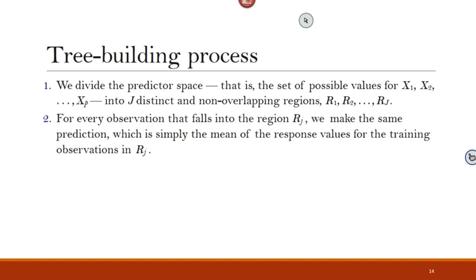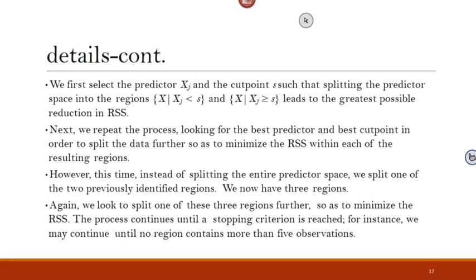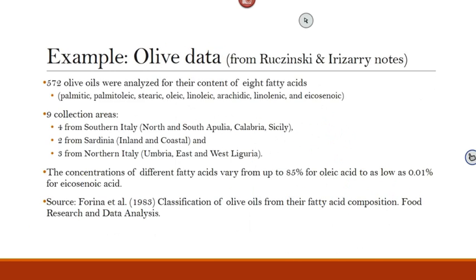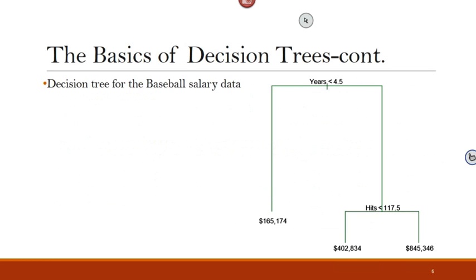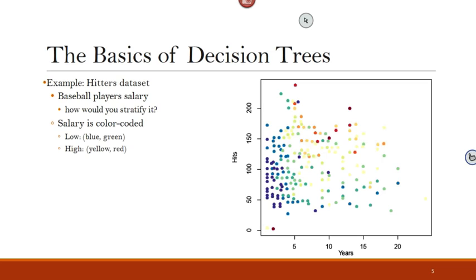But we need to know the tree building process for any problem. How do we split the space into those regions? How many regions do we need? And how do we select a predictor and where to cut this predictor? If we have this figure, back to this one, and it's not color-coded, how many boxes or how many splits can you make? Let me ask you this in a different way.